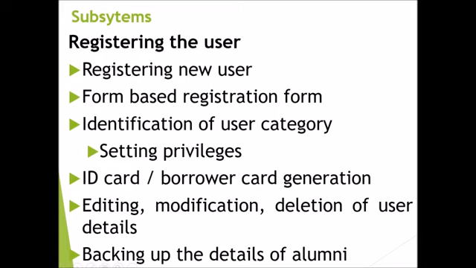Moreover, the automated system allows you to edit, modify or even delete the user records. Once the course is completed for a batch of students in a particular subject, before deleting the user records, you can also take a backup of those records for future usage and store them in storage devices. So the automated circulation system allows you to take a backup of the user records which are outdated or which are of the alumni.